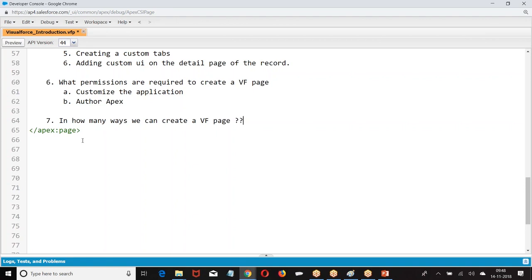In how many ways can we create a VF page? Standard navigation, developer console, URL.